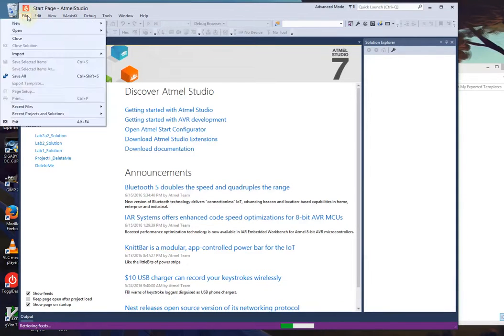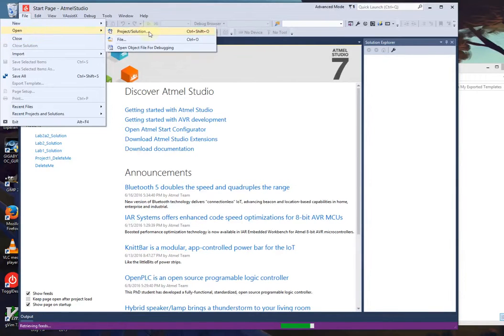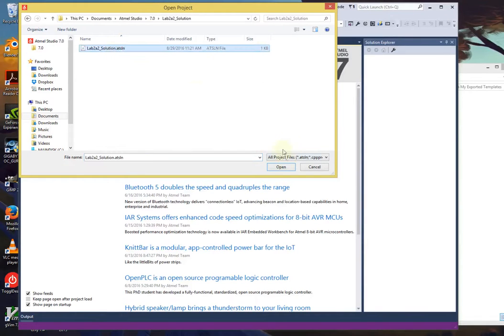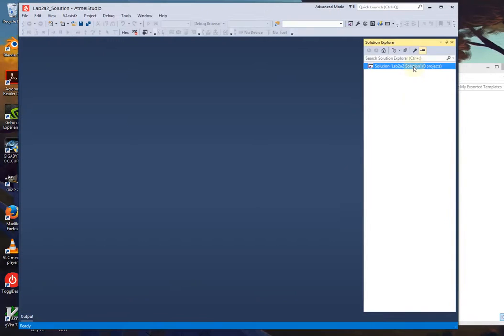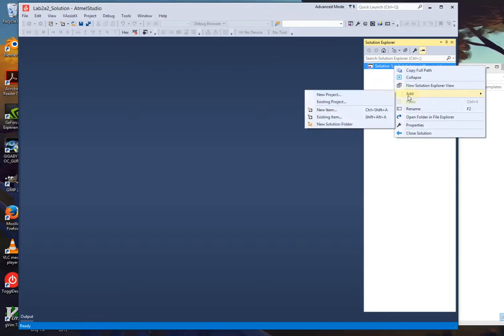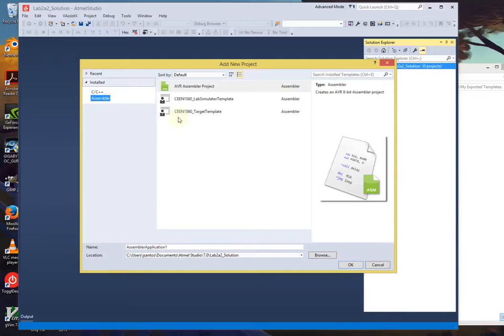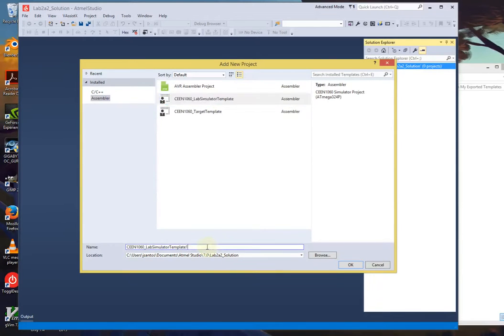Let's see. So let's open recent solution. Let's open project solution because I already saved one. So let's call it Lab 2 solution. Open. It's empty. So if I right click, add, new project, assembler, there it is. Okay. So lab simulator. And you call it whatever you want. So again, Lab 2, Activity 2, Simulator,